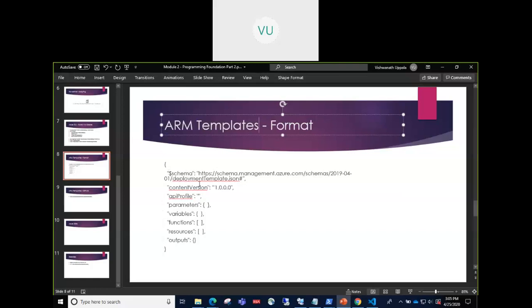So I would encourage you to go and practice these ARM templates. You don't need to create one. You can just go and create any resource in the portal, and then take a look at the export template option in the Azure portal and try to relate to it, see the structure of it and see what different parameters, variables, and configurations go into creating that resource in Azure portal.